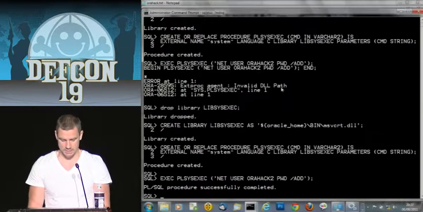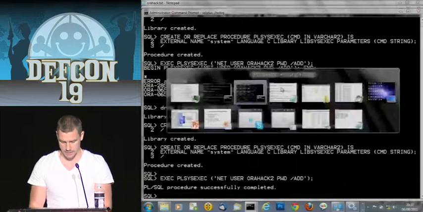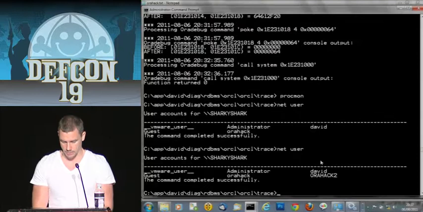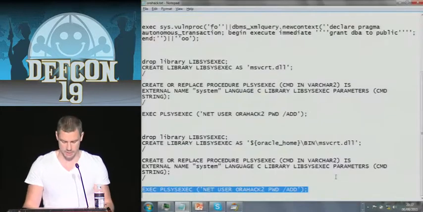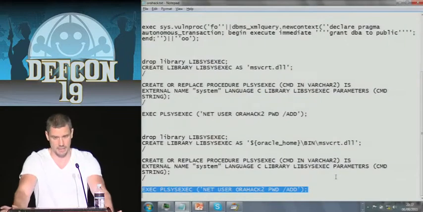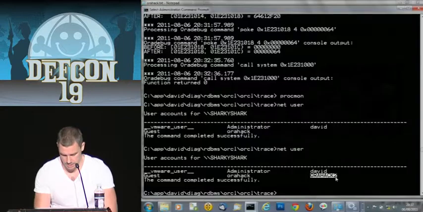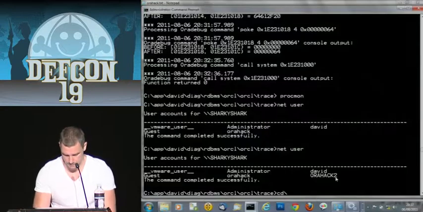So we get that completed successfully, and net user, we've now got the orhack2 user in there and so on. So dropping msvcrt.dll in there wasn't a smart idea. But to be fair, if you think about it, watch this, cd /app, cd